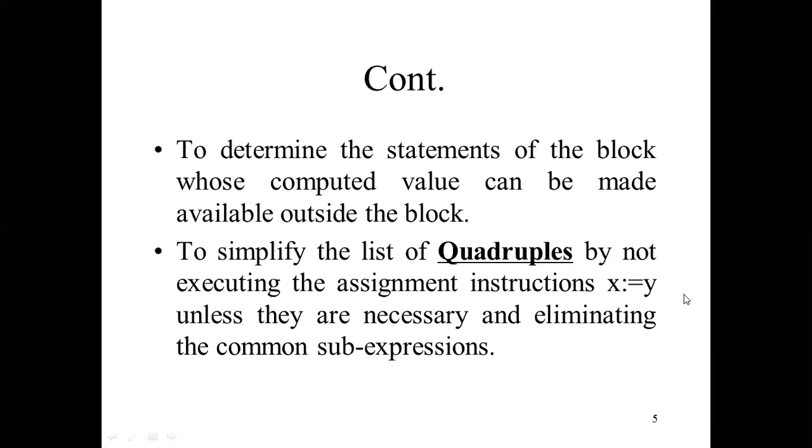Suppose we have a long expression, and we just replace it by temporary variables t1, and again by t2, and again by t3, then at the end we will write like this: t3 := result. So we just reduce our long expression into a very small one, and at the end we have a condition like this: assignment instructions at the end after removing the common sub expressions.